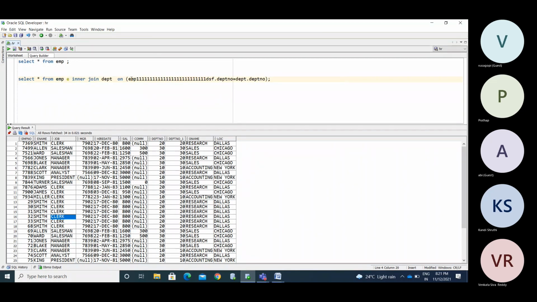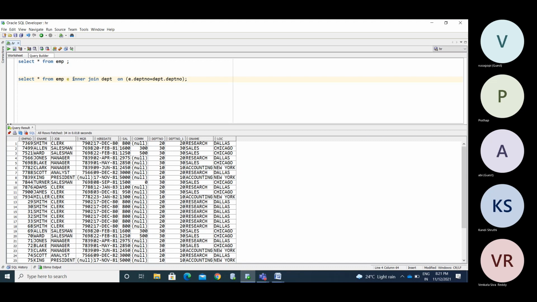Instead of 3 letters, I am just providing EMP. So I am giving the alias name here as E. Now I am giving the reference with the alias name here, E dot DEPT number. Now I can get the data here.